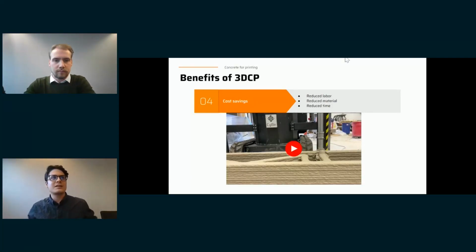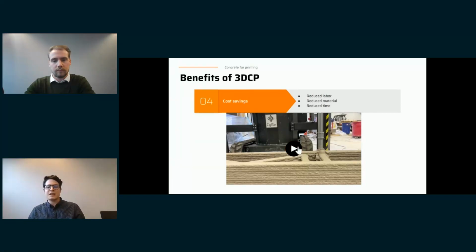So as we already said, we are saving material and we are having less waste. Also, in a construction site, you can see that a lot of people are working on just one building.